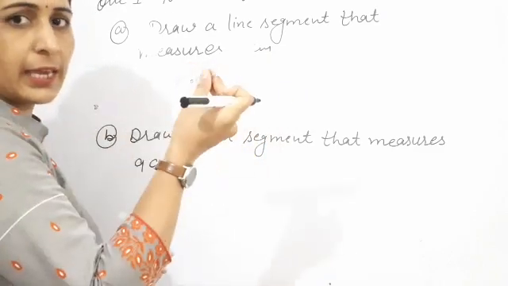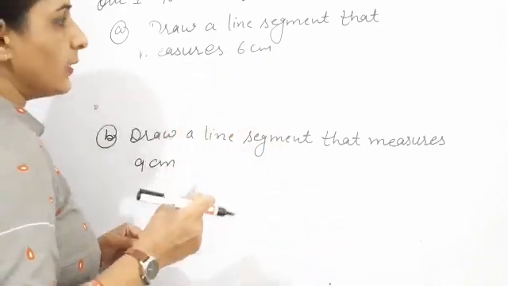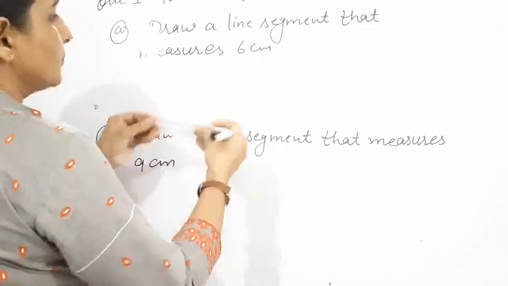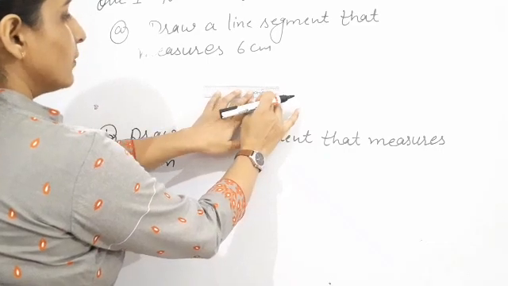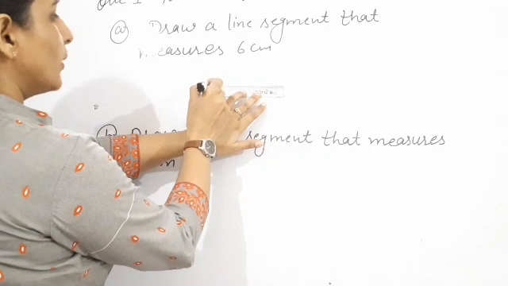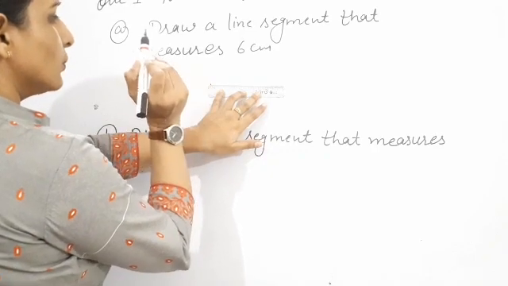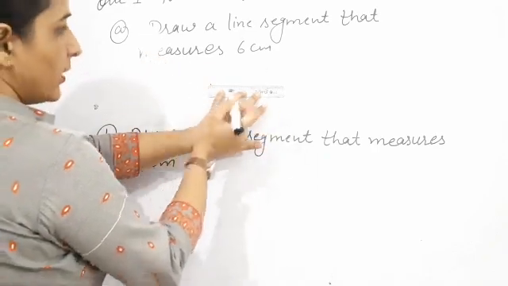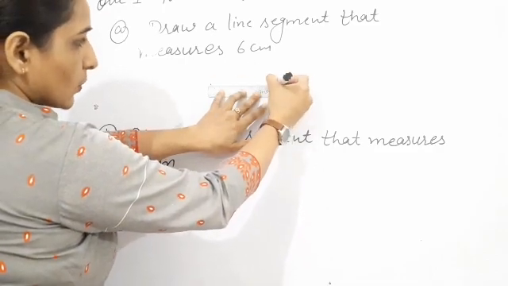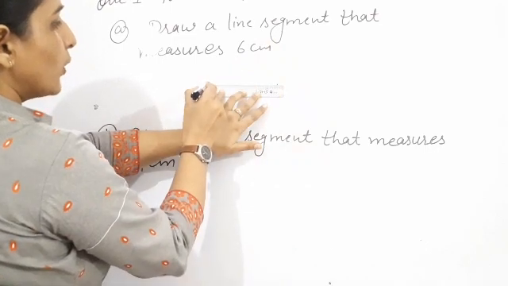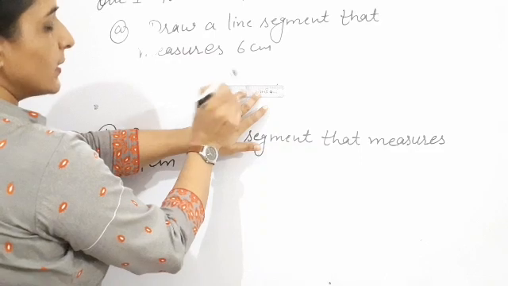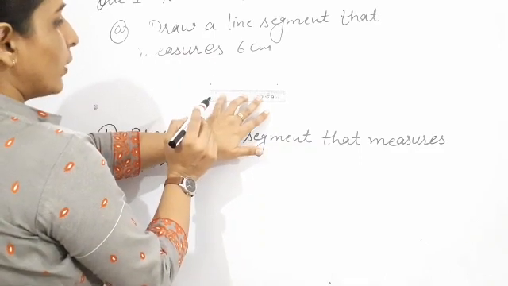We use the scale and pencil, and you draw it on your notebook. So let's start. We put this one like that. Don't move it up and down like this, and take one point at 0 and then 6 centimeter. Here I am taking it more clearly, for proper measurement. One point you take at 0 and then 6 centimeter. On your scale there is 6. Clear? After that what do you do?